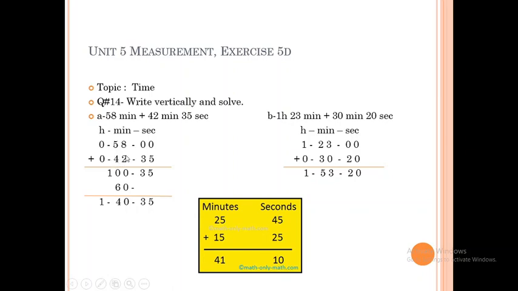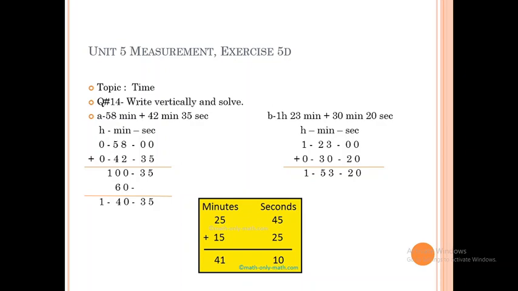When we add them, we get 100 minutes. Now, the difference is here. As we know, 100 minutes means it is more than 1 hour. So we will subtract 60 from here because 60 minutes are equal to 1 hour. When we do the subtraction, we will get 40 minutes remaining in this column, and the hour we have taken from this column will move to the column of hour as carry, and we add it here. So our answer is 1 hour 40 minutes and 35 seconds.